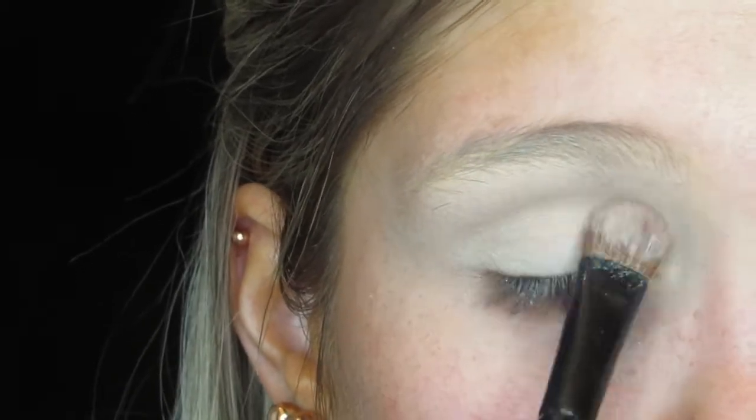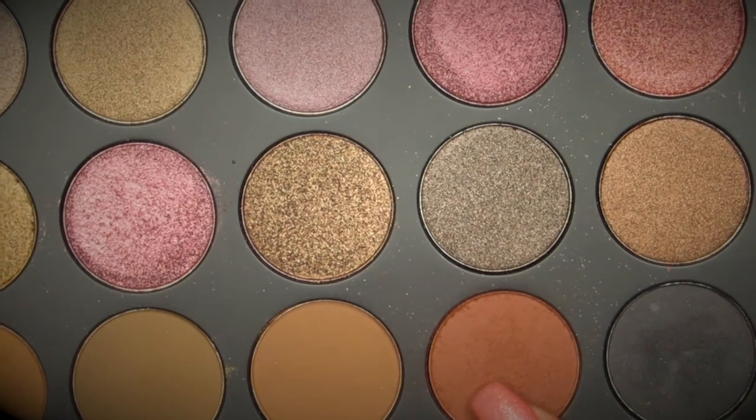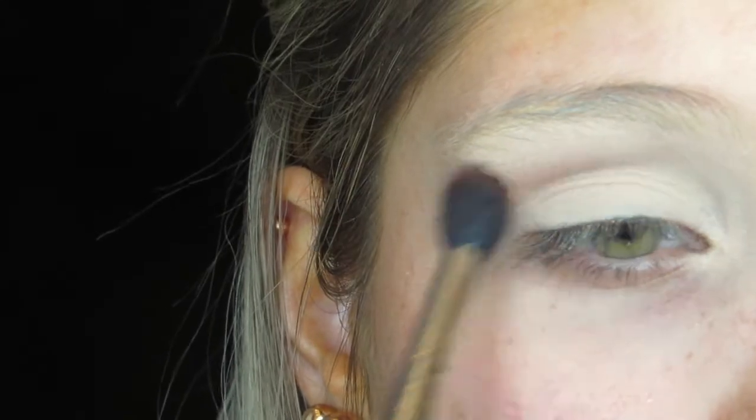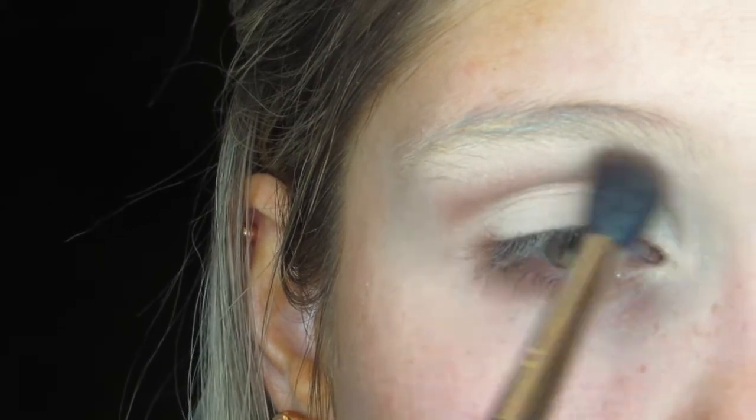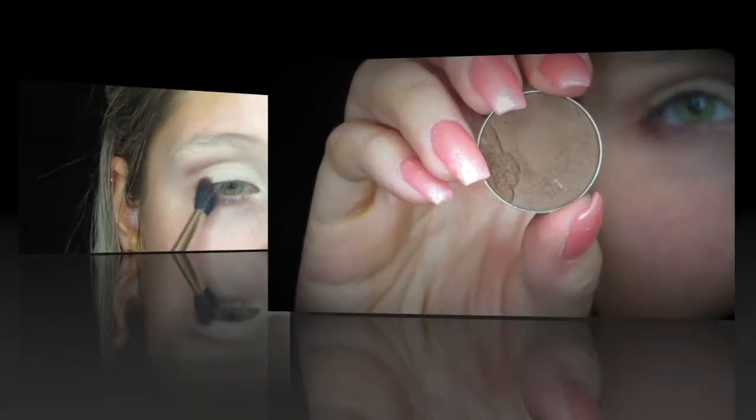Now going into the Morphe 35F palette, I'm taking this really gorgeous burnt red shade and applying this with my MAC 224 brush into the crease and a little bit above. This is going to act as our transitional color to make sure all our shades blend nice and seamlessly. And what I'm doing with this is at the outer corner, I'm rounding it out instead of doing a cat